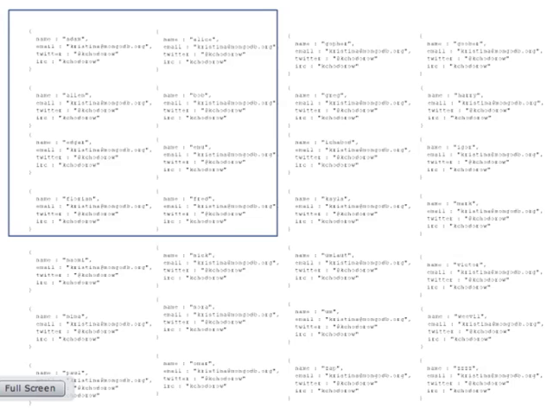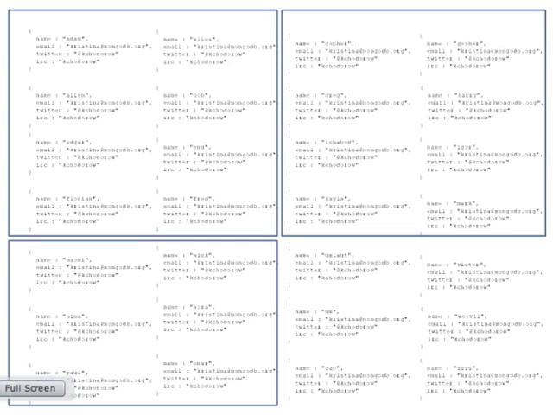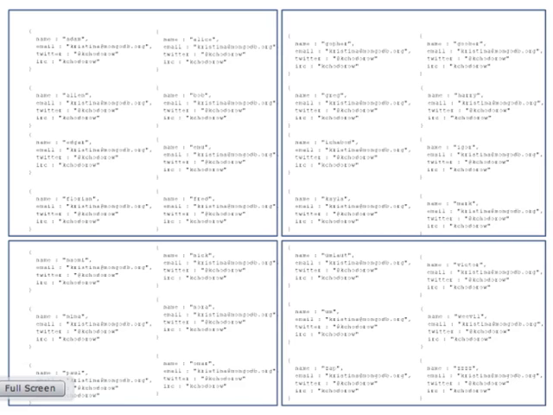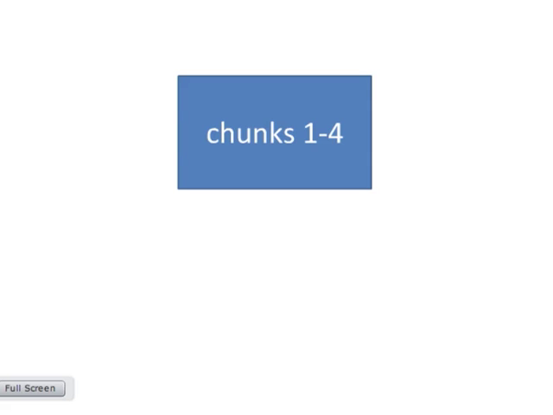So we've got our collection of documents, and to turn these into chunks, we're just going to take a subset of the documents, say names A through F for one chunk, and then G through M for the next chunk, and N through T, and then U through Z. And so these chunks will have these ranges associated with them. And so if we're starting out with them all in one shard,